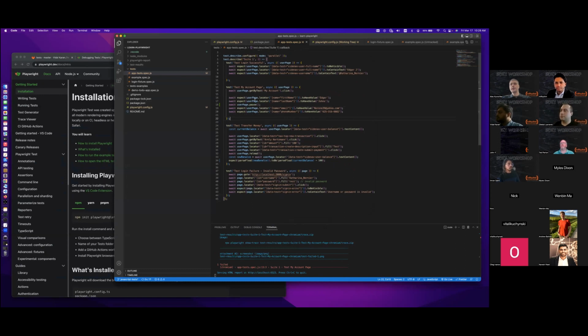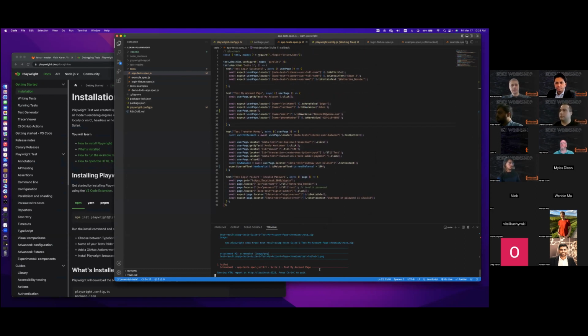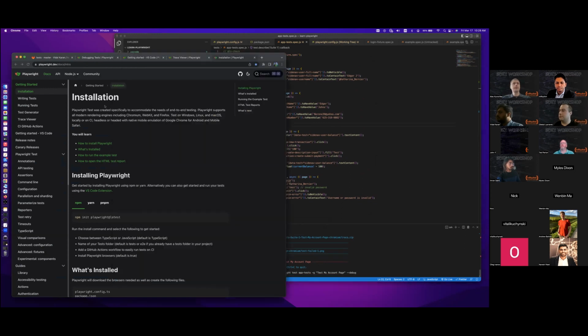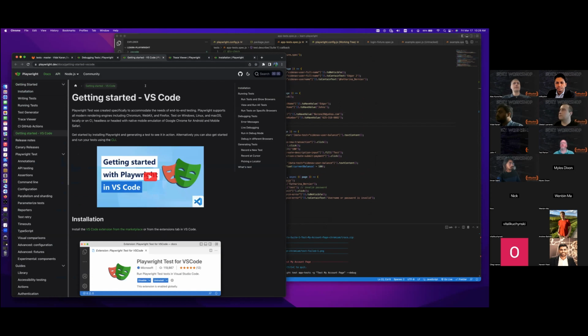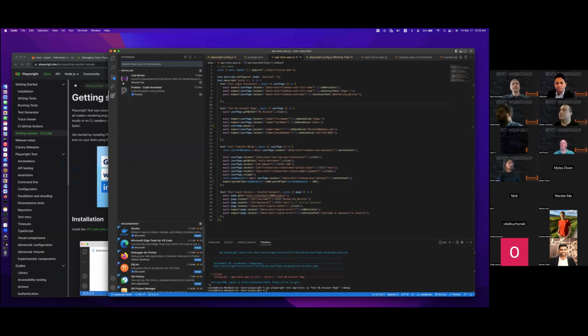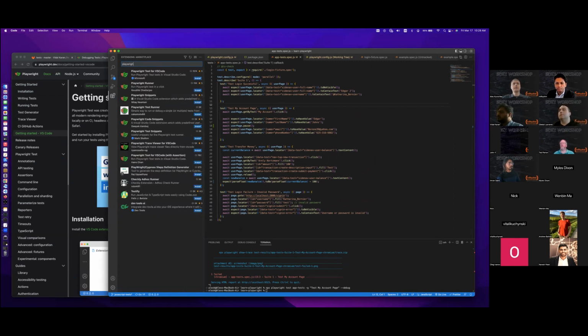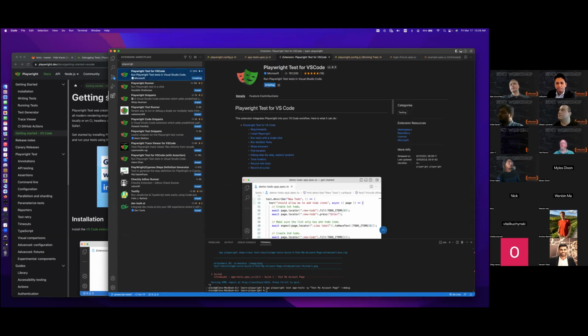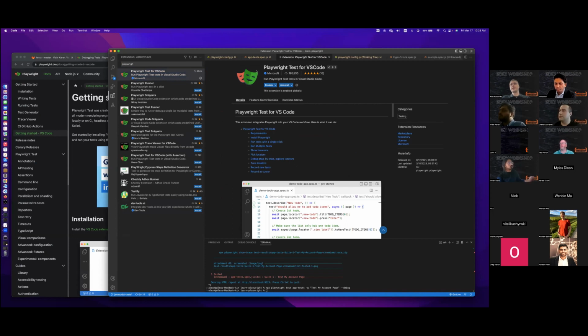Right, so we fixed the test. We can run it again and see that it's fixed. But let's actually do it with the other way to debug. That would be the VS Code extension. To get that extension, we need to go to the extensions tab in VS Code and type Playwright. That's where you see Playwright Test for VS Code. If you install it, it's very quick, one second. I didn't put it into prerequisites because it's just a second.